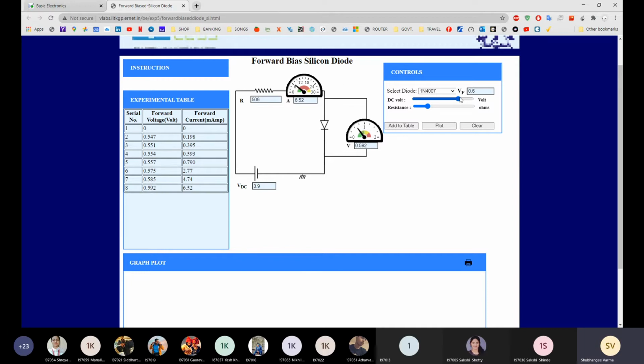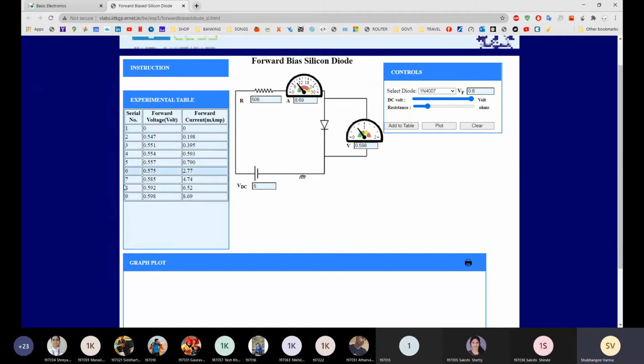Okay. And then make it 5 volt. Okay, this is your last reading. For 5 volt, the current is 8.69 and voltage is 0.598. So this is the on-state voltage. You can see over here, your diode voltage is around 0.6 because when the diode is in conduction, the on-state voltage is 0.6 because it's a silicon diode. You have to remember this.